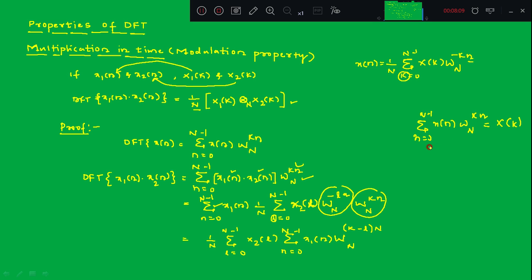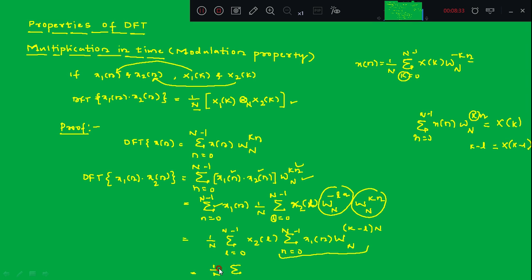In the same way, if I replace k by k minus L, then the same thing can be written as what? X of k minus L. So therefore this summation term can be written as,